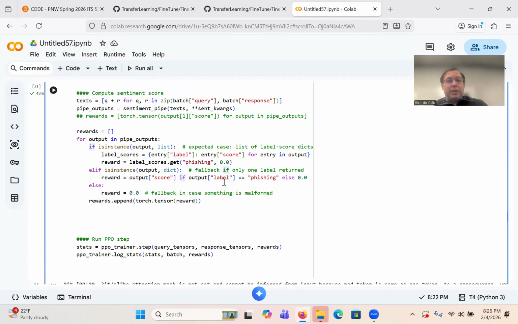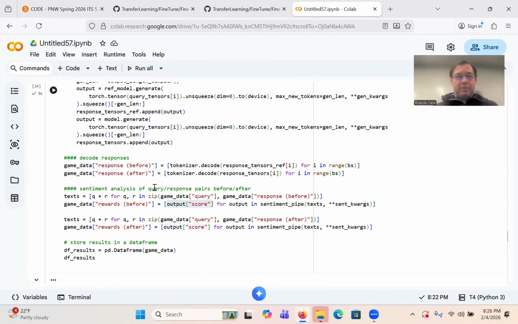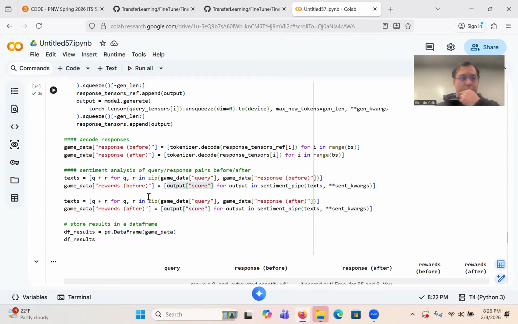Yeah, if output label, okay, so something like this. Yeah, that's the issue for sure, is that I didn't double check this part. So output, so we would have to do it here, right? So what do we need? Sentiment analysis. Okay, sure.